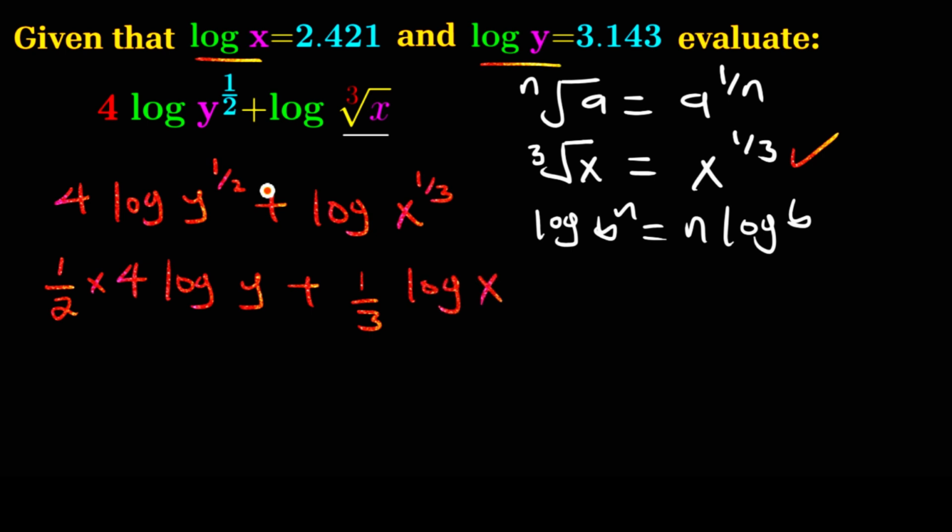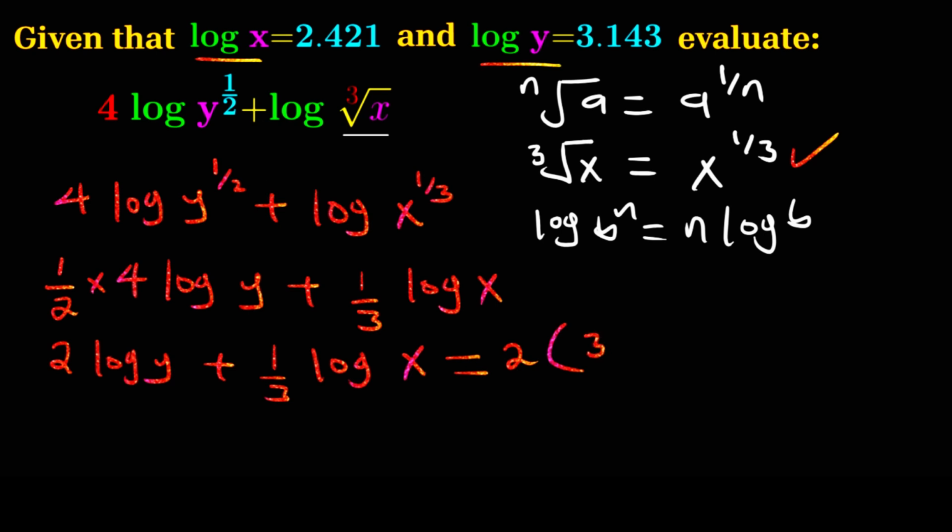So we can simplify these, and we also have the values of log of y and log of x. So we just substitute for those. So half times 4 is 2. So we have 2 log of y plus a third log of x. So let us do the substitutions. So 2 log of y, remember log of y is given by